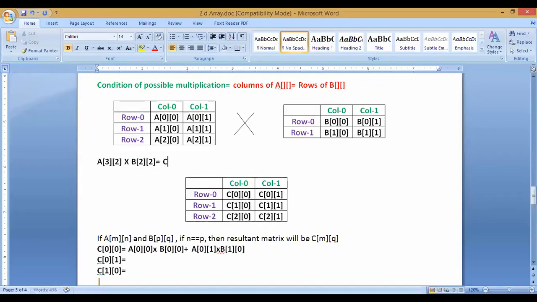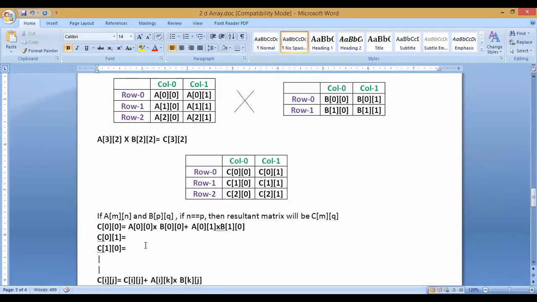Then what will be the size of my C matrix? C will be 3 cross 2. This is simply mathematics. Suppose this is M cross N, this is P cross Q. So the answer will be M cross Q, right? So 3 cross 2 it should be.